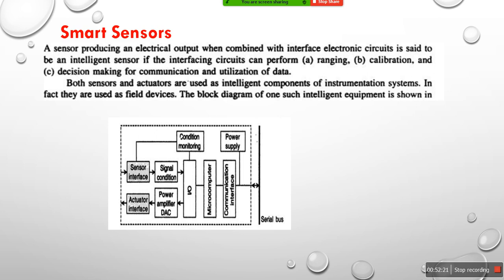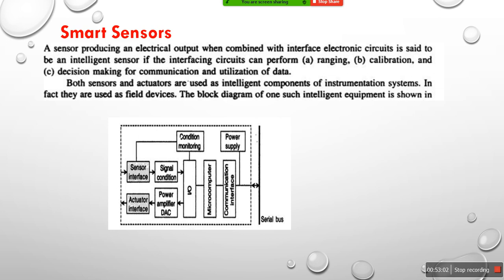Suppose you take your AC, and you put in one particular voltage, like 22, then that is one particular range which you have set for that device. The electronic circuit which it is interfacing with, in order to help that range to be maintained, is called the controller. So these smart sensors will be using various types of controller mechanisms, like microcontrollers or various types of microcomputers. These help that particular device maintain a particular range. So that is called ranging.